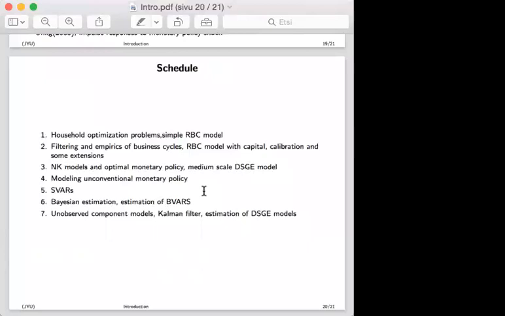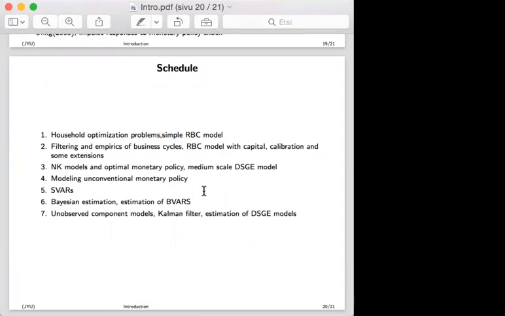And to know about business cycles, we study a bit what kind of filters there are to isolate cyclical and trend components. Then we will introduce market imperfections in the form of sticky prices and wages, and go to New Keynesian models, which are used for monetary policy